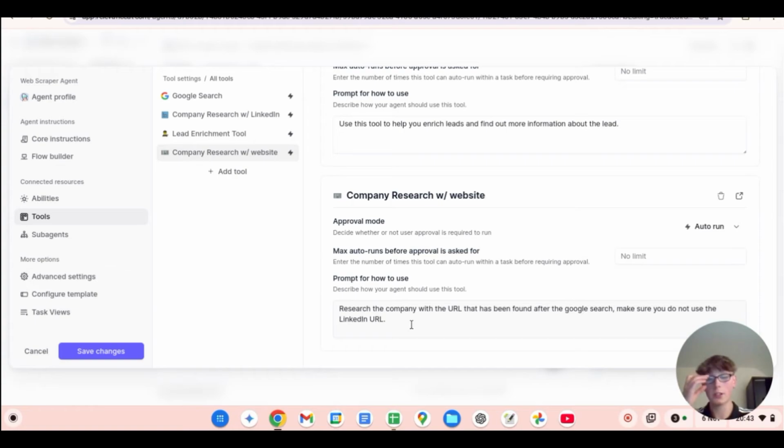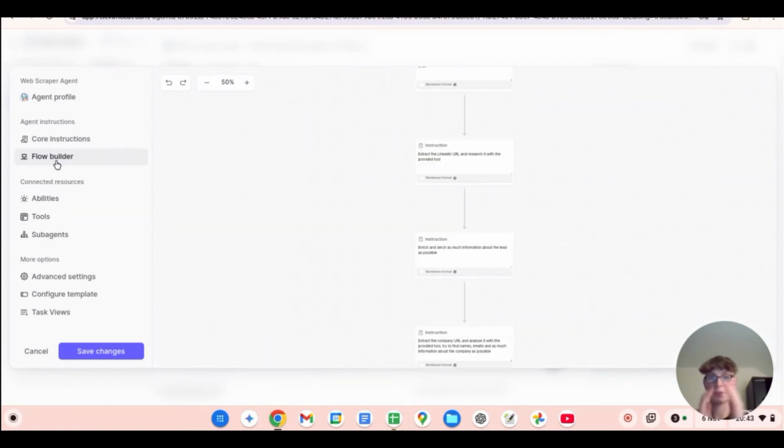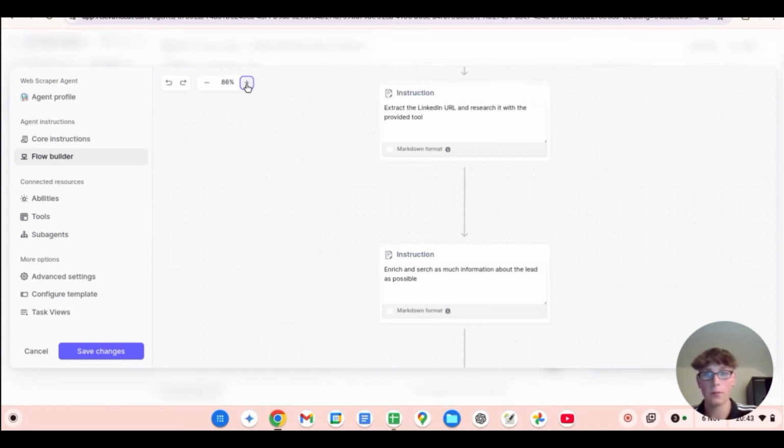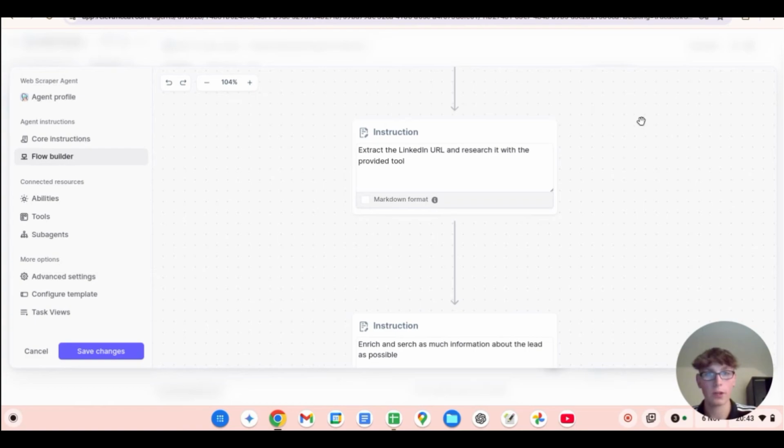So this is how the agent is going to use all of the tools, and what's required for it to get this information. And once it has the information, you can pull it back into make.com. So you want to come to the flow builder and just make sure that everything is set up okay. And let me zoom in here. Boom, boom, boom. Okay, so